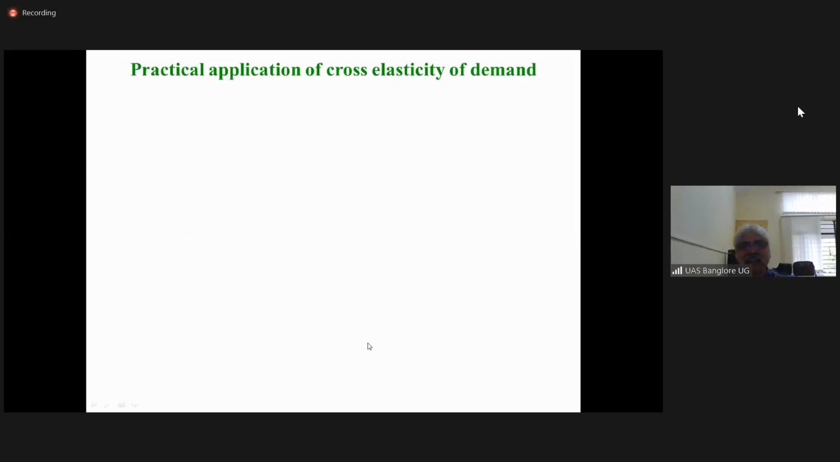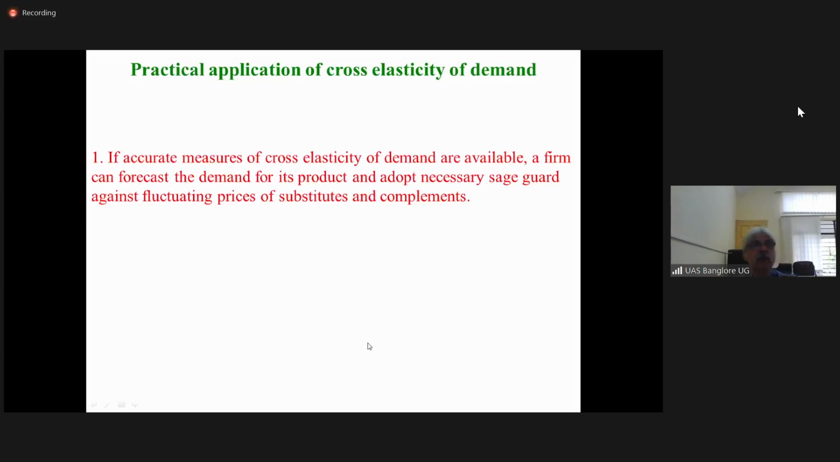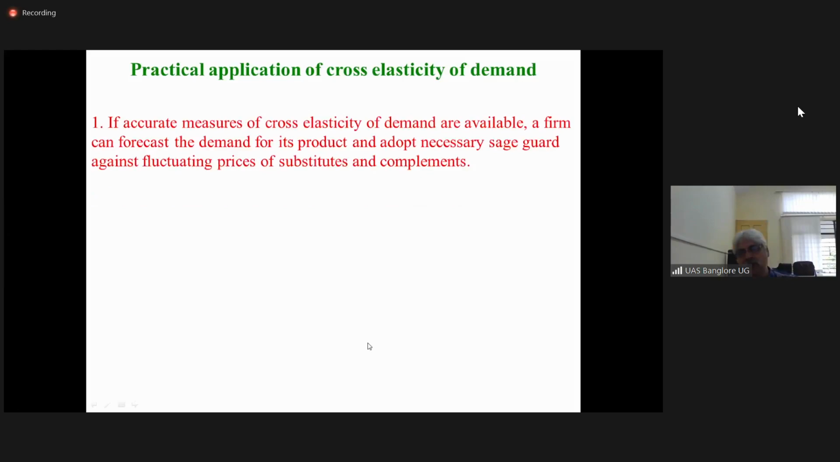Then practical application of cross elasticity of demand. What is the practical application of cross elasticity of demand? If accurate measures of cross elasticity of demand are available, if you have the information on the cross elasticity coefficient, a firm can forecast the demand for its product and adopt necessary safeguards against fluctuating prices of substitutes or complements. If you know